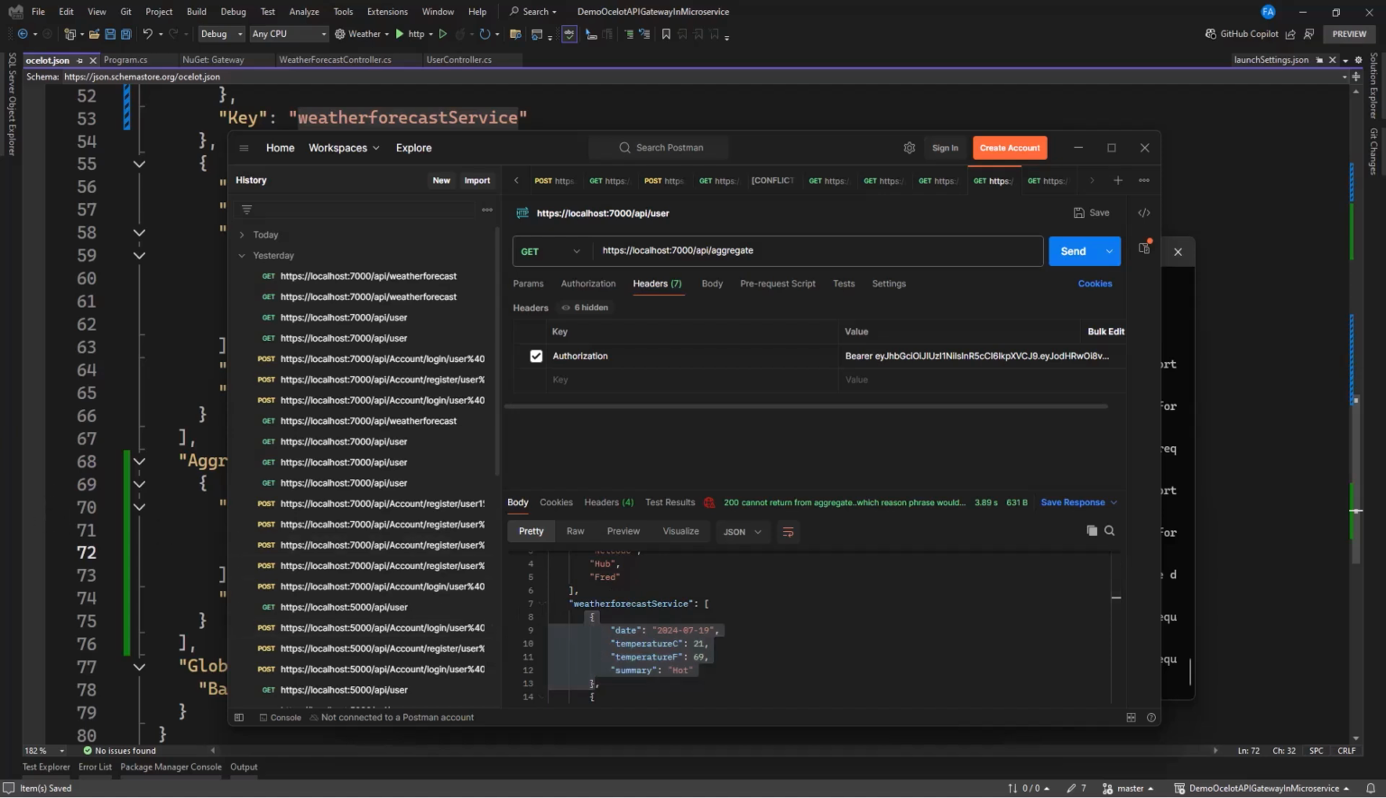So the last thing that we are going to talk about is load balancing. When we say load balancing, what actually is it? Consider a scenario where your application experiences high traffic, such as during a flash sale. To ensure your system can handle the load, you need to distribute incoming requests across multiple instances of your microservices. Ocelot's load balancing feature allows us to do just that, ensuring high availability and reliability by preventing any single instance